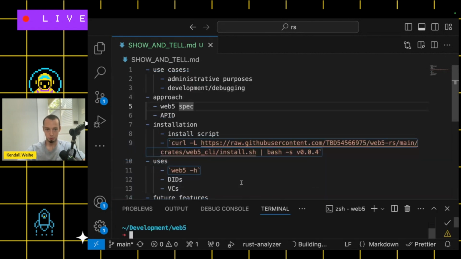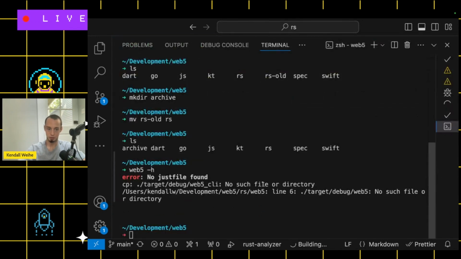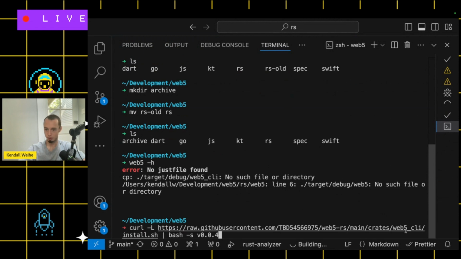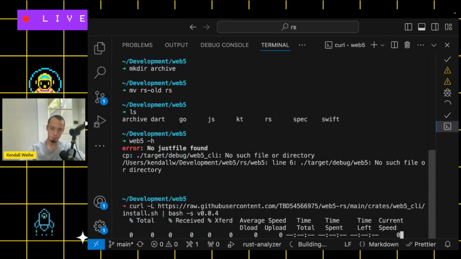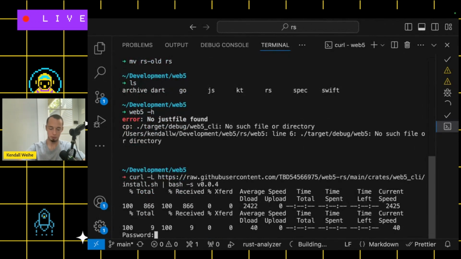If we execute this curl command, which I want to add to the README, since it's not currently there, we're grabbing the install script from the main branch and passing in the version we want to install, which is the latest version I showed you a moment ago. If we execute that, and I have to enter my password,